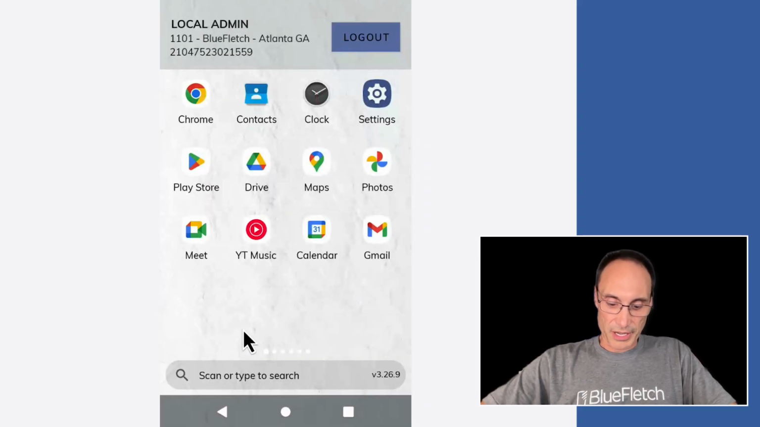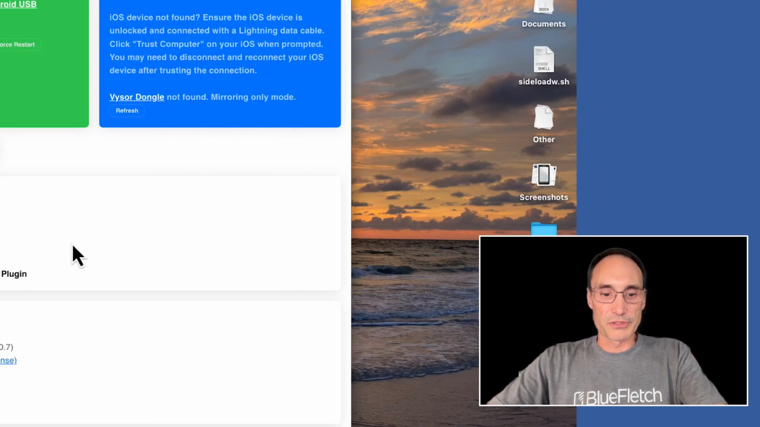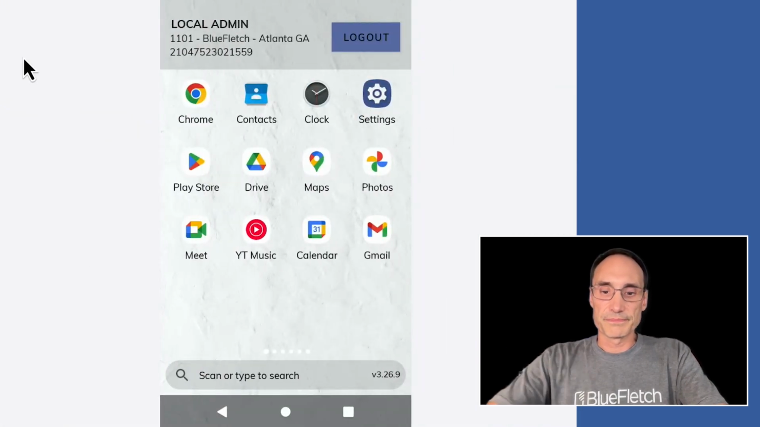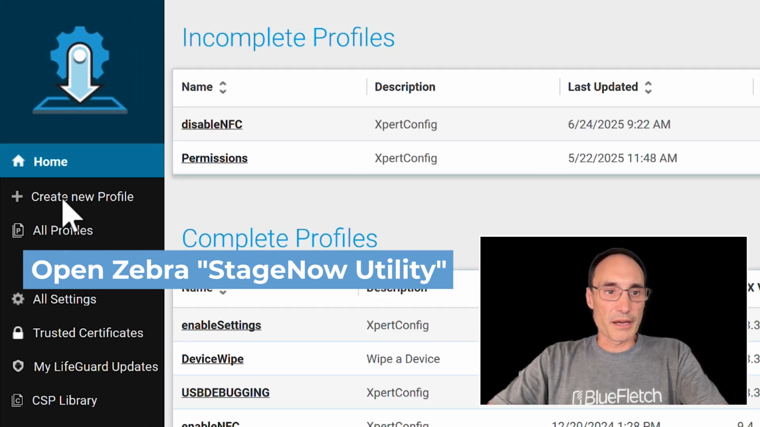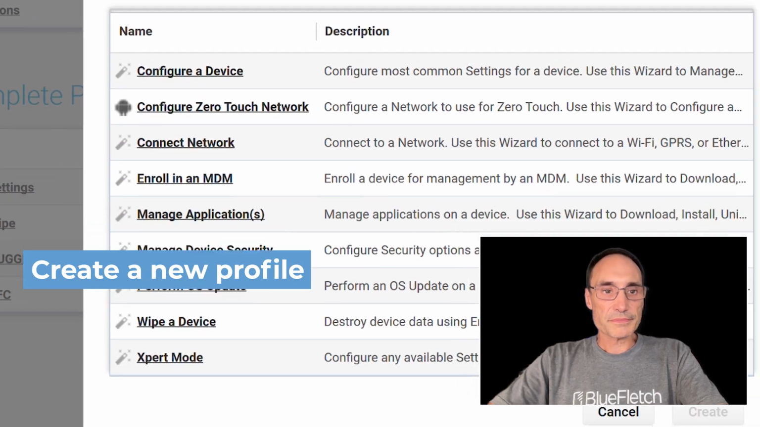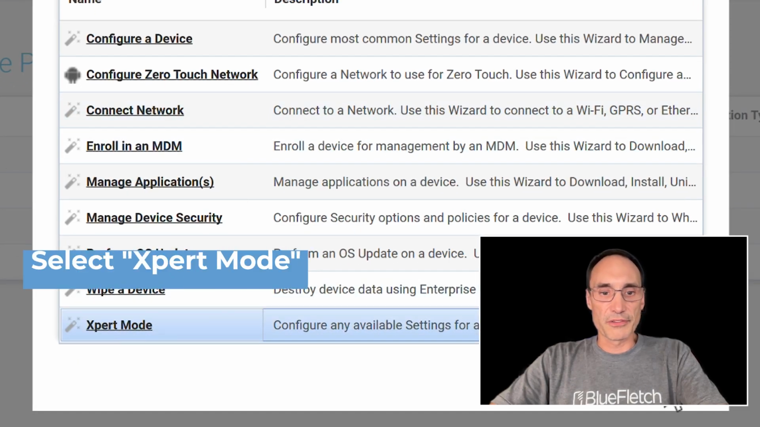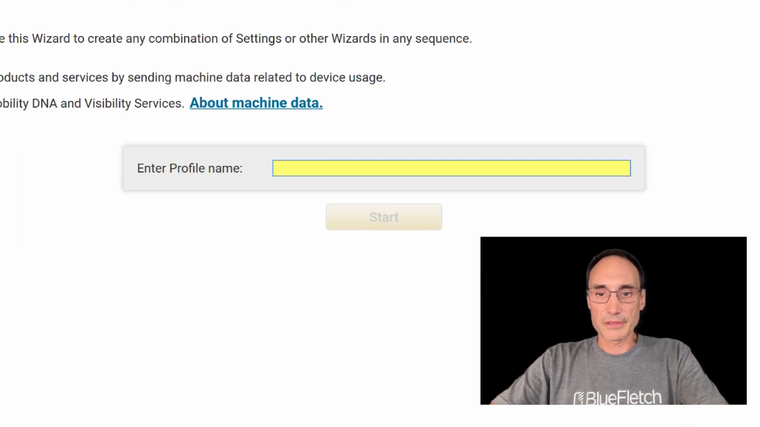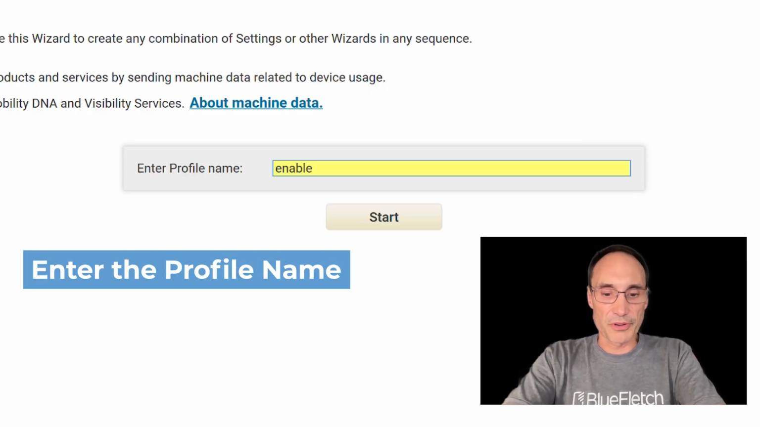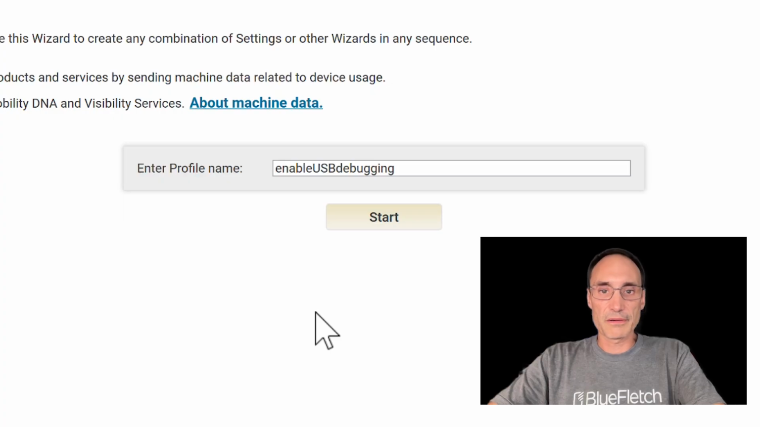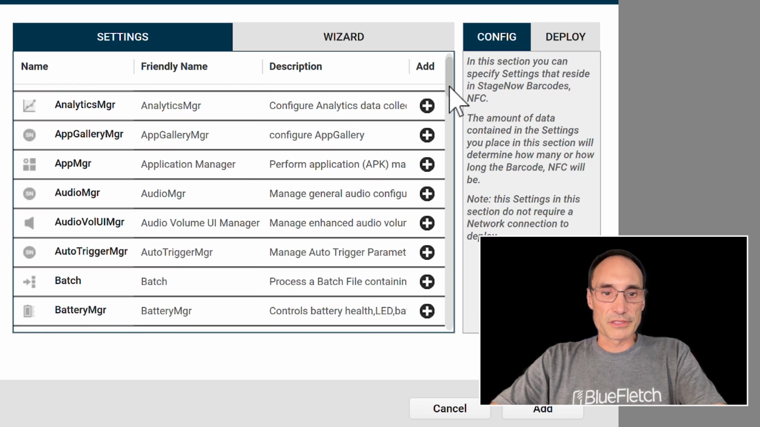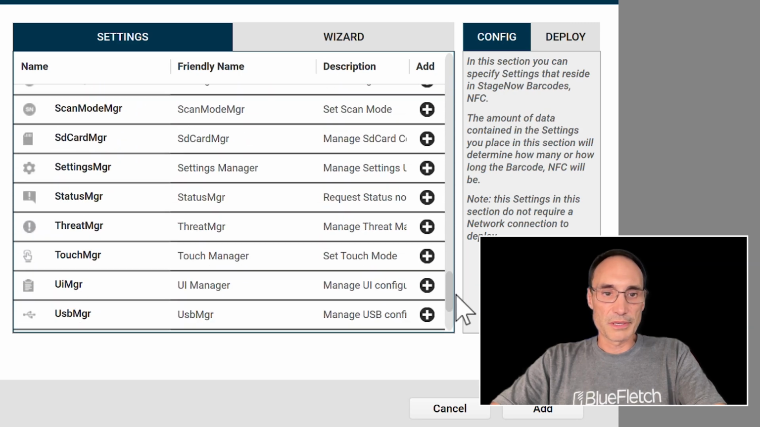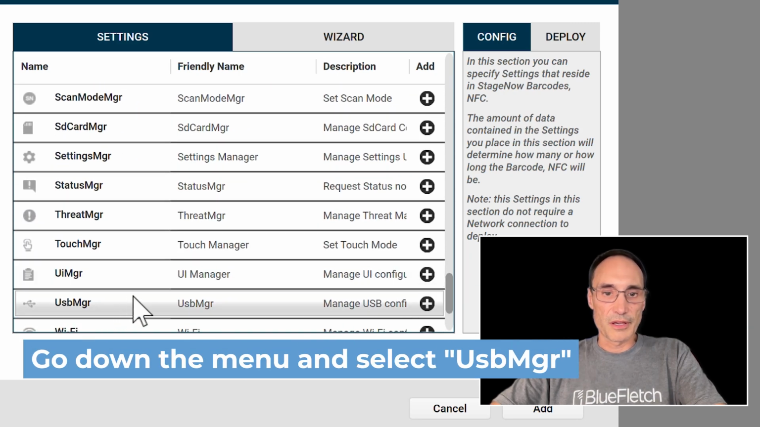So now I'm going to back out of settings and I am going to switch over to the Zebra StageNow utility and I'm going to create a new profile. So what you want to do from here is select expert mode, create. You're going to give it a name, so enable USB debugging or something to your liking. And once it finishes creating that profile, we are going to select from this menu down near the bottom USB